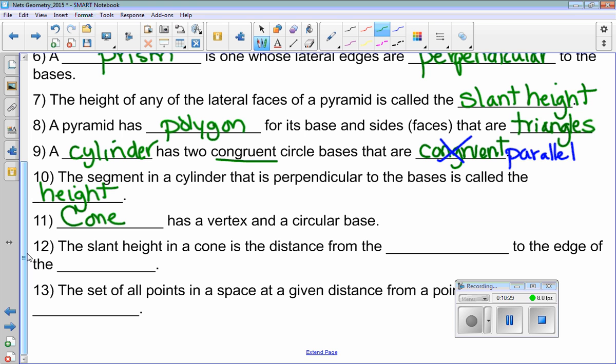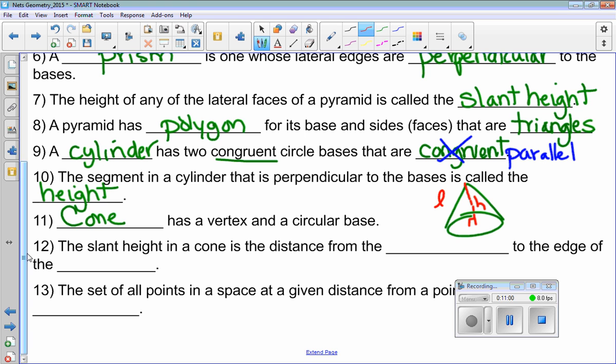The height is right in the middle, but this is the slant height. I'm going to try to draw it. It might be better. So if I had a cone like this, first of all, this is called the actual height. What would the slant height be? The slanted one. We use the abbreviation of a lowercase curved letter L, and you need to know that